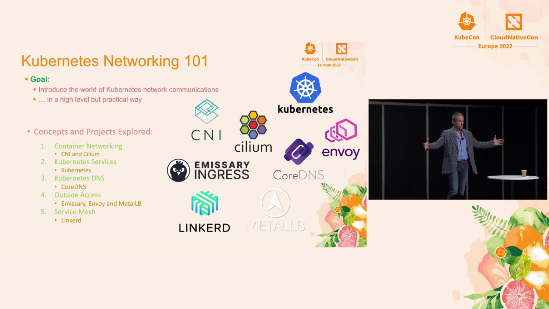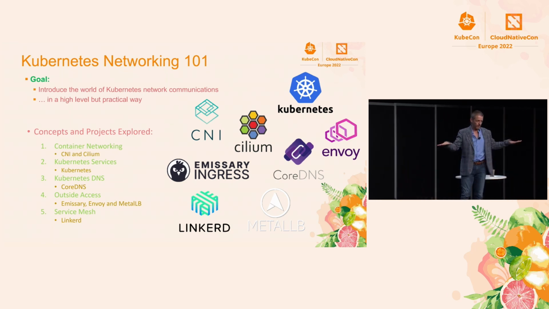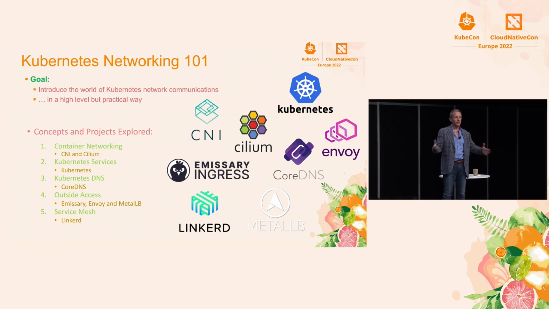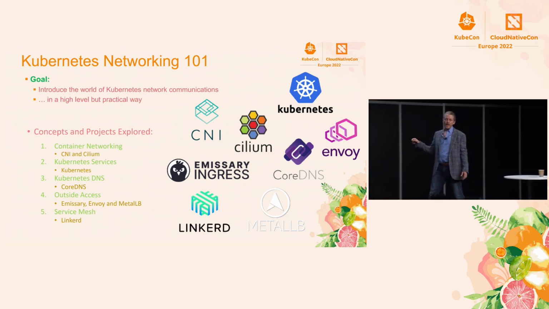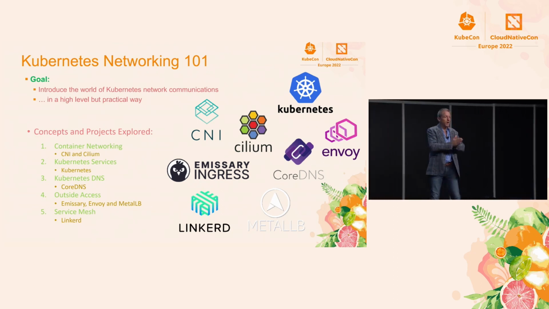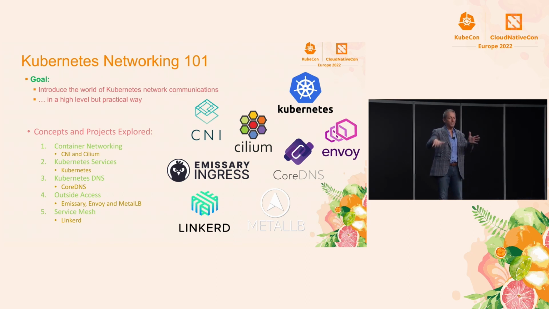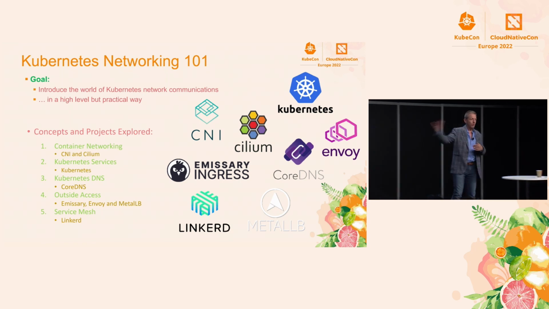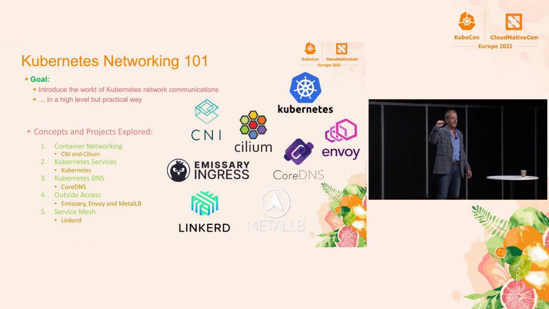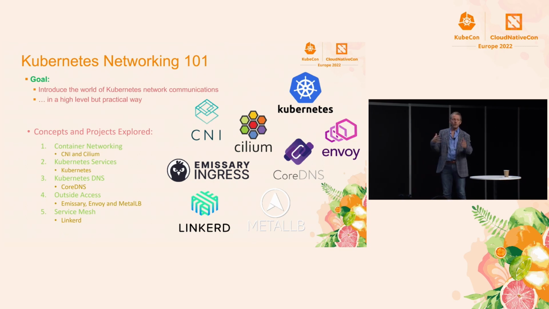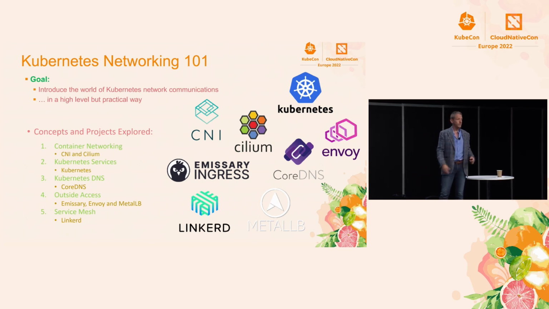So once we've got our cluster running, and we've got the network in place, and we've seen how it works and understand the absolute basics, we're going to dig into services. And we're going to see how services give us a front end for a set of dynamically changing pods. Clients don't want the heartburn of figuring out who to connect to. They want a virtual IP address that they can look up by name, that they just connect to, and then the magic happens, and they get to one of the pods, right? So that's what services are all about. We're going to look at how Kubernetes does that, at least one of the ways that it does it.